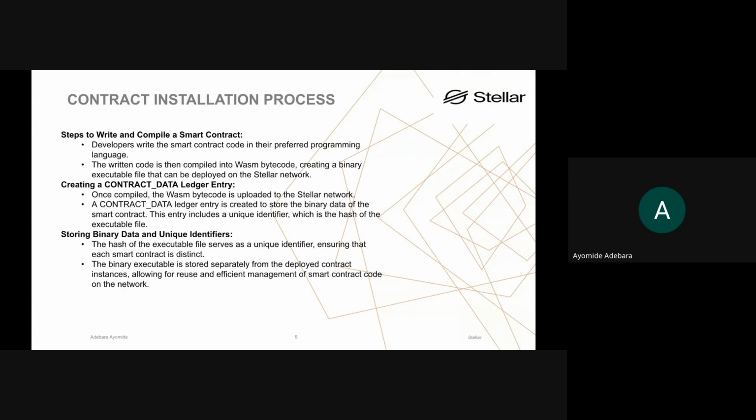So the hash of the executable file serves as a unique identifier, ensuring that each smart contract is distinct. So if I deploy my smart contract, Divine deploys his own smart contract, even though Divine's code is the same thing, it's an exact replica of mine, imagine I went to steal Divine's code.